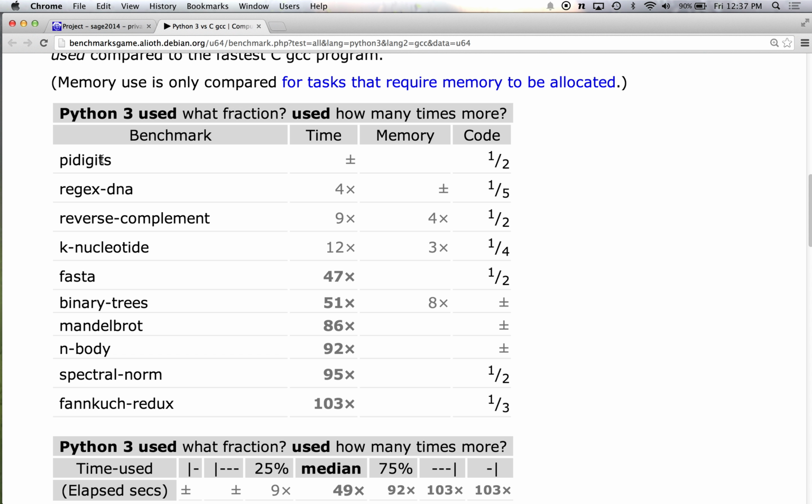I looked closely at the source code, by the way, of the digits of pi one, and I can show it to you in a minute. It's really just a couple of operations, but with very big arbitrary precision numbers, and both of the programs are just using arbitrary precision libraries that are in C behind the scenes anyways, like GMP. So it's somehow not surprising their time is similar. But on the other hand, the binary trees one is just a bunch of Python code in the Python version, and a bunch of C code in the C version, and it's not really calling out to other libraries. So it's really a more fair comparison, and you see this factor of 50 difference in speed. And that's comparing those two languages.